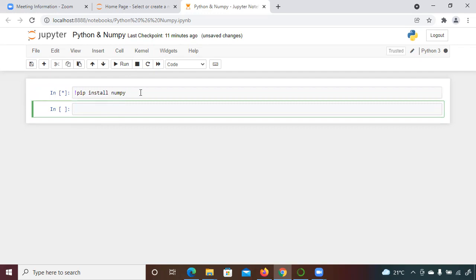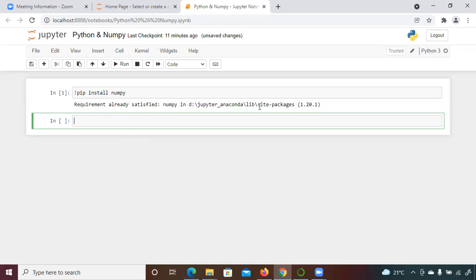As this is already installed, it will give you requirement already satisfied. But if it is not installed, it will take some time and install it on your system.